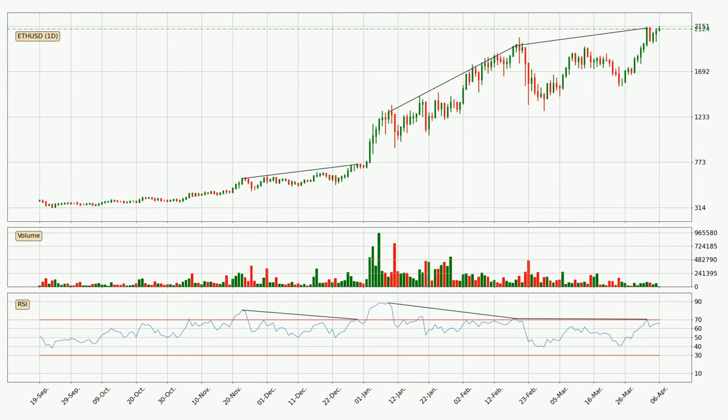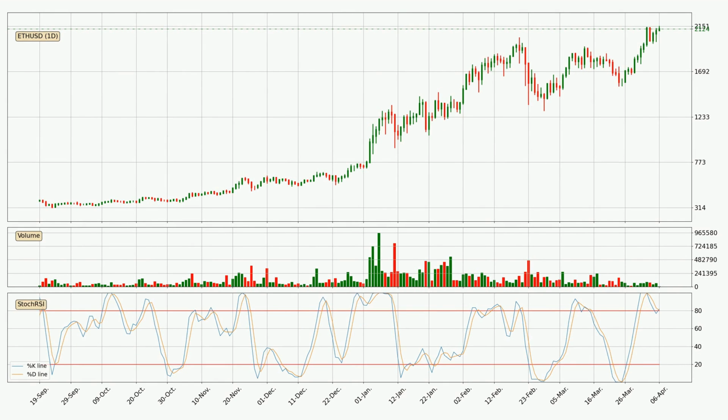On the lookout for divergences in the daily time frame, there is a bearish divergence, which means the price could go down from now or at least consolidate for some time. Looking at the daily stochastic RSI, there are no signs of the stochastic RSI being oversold or overbought at this time, but because the %K line is over the %D line, we can deduce that the trend is currently on